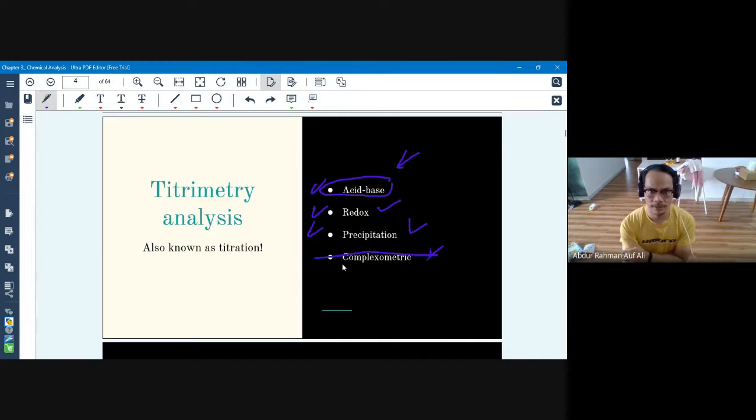Okay, this, just like the name implies, it's a bit complex. And students always have trouble understanding it. So I think it's better if we just leave this out for a while. And these 3 are the most commonly used anyway. Okay, complexometric, a bit digunakan juga, tapi not as wide as these 3. So I think it's okay if we just omit this last one and just focus on the first. Okay.